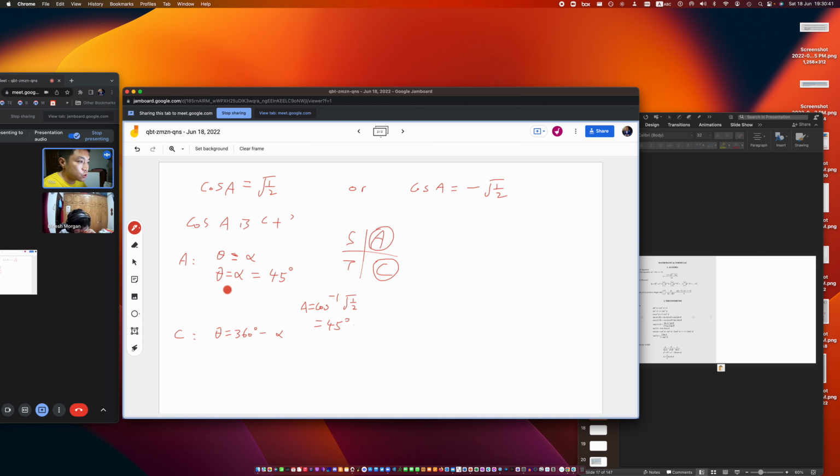So since theta is equal to alpha, which is 45 degrees,